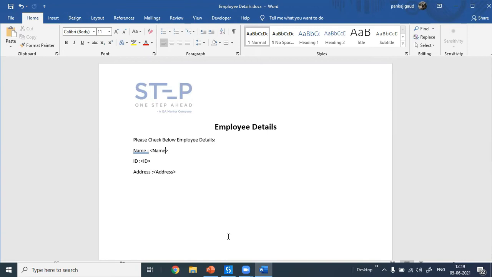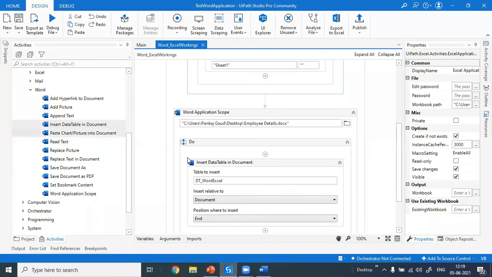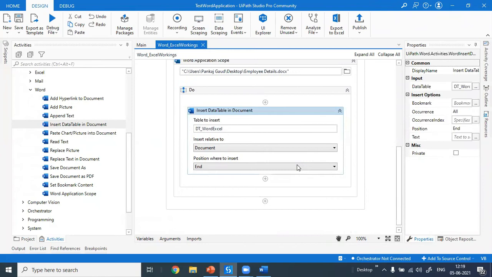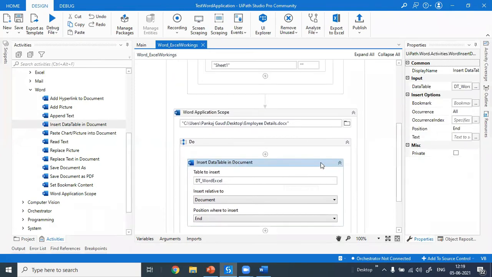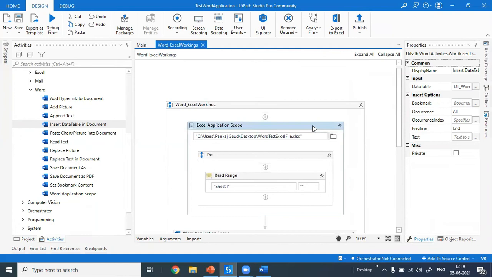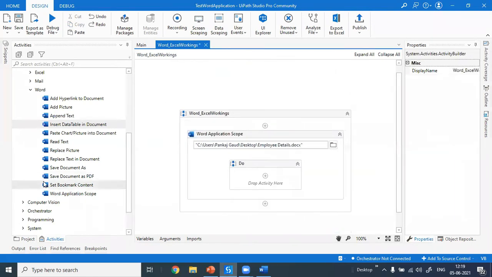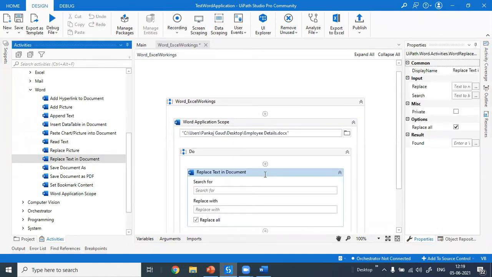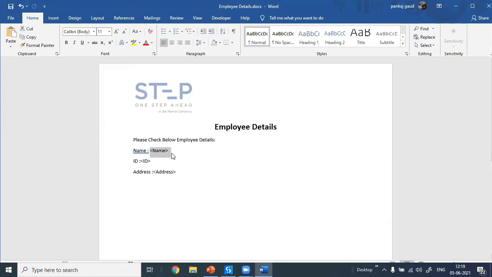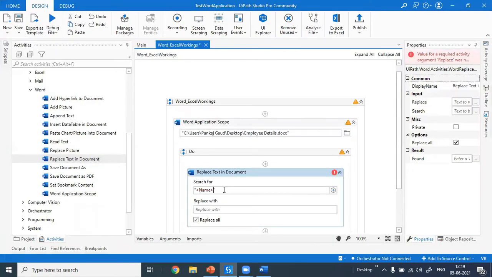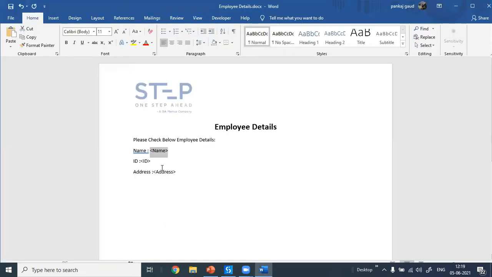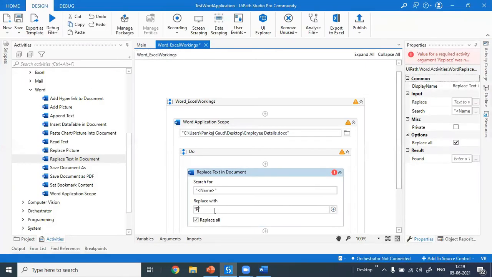For a specific employee, I will use an activity called replace text. With the help of this, I can do that. So, replace text in document. I will change the text name: I will replace the name with, consider, my name.